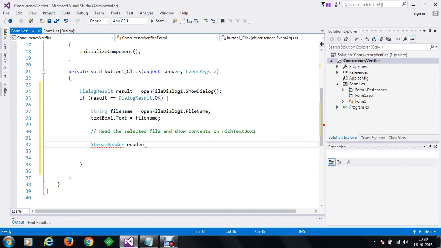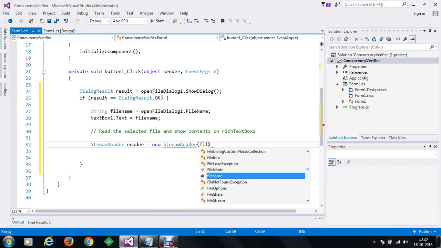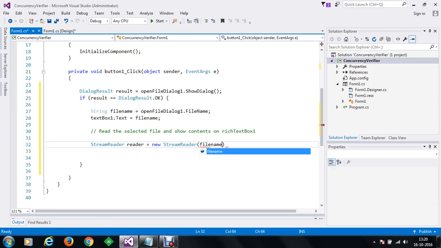We are going to create an object of the StreamReader type using the new keyword. This instance requires the name of the stream or path of the file which you want to read. So we can pass the file name here, which we have received from the open file dialog.